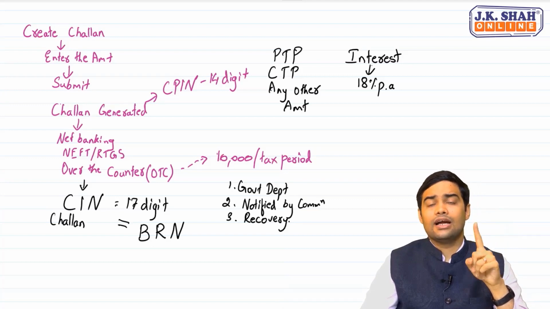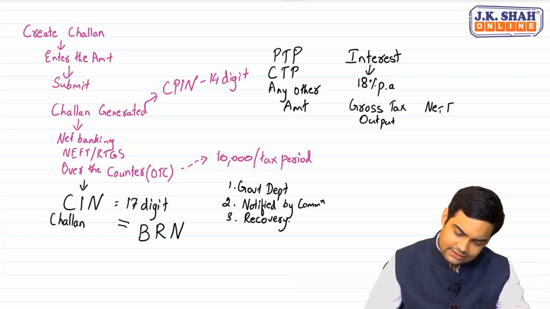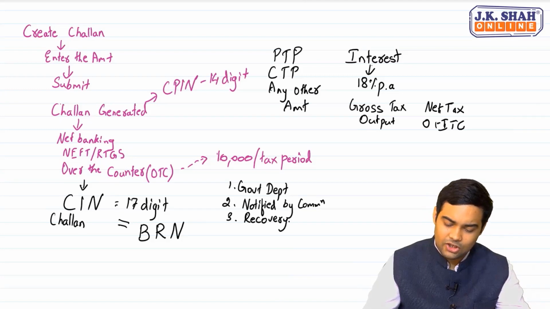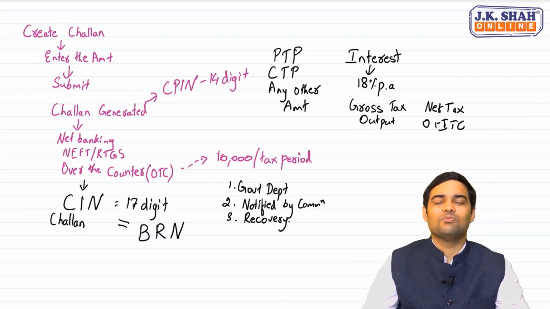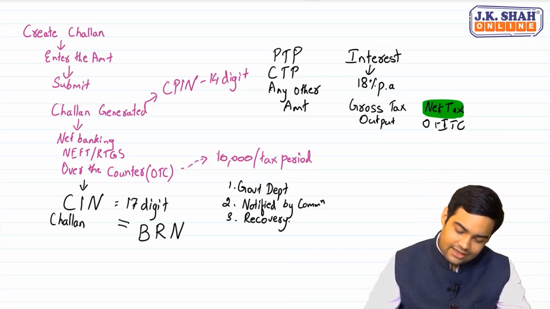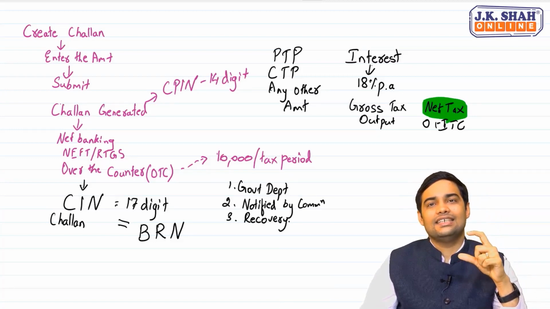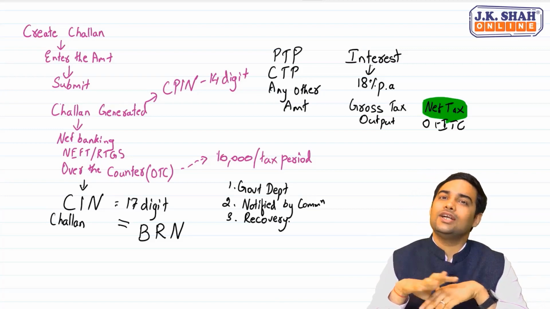But remember, one very important thing is, do you pay interest on gross tax, that is output, or do you pay it on net tax, that is tax payable after adjusting output? So, CBIC had clarified earlier that it has to be gross tax. It created a lot of issues. And finally, the law was amended saying that it would apply only on the net tax payable. That means if output is 1 lakh, ITC is 80,000, then interest will apply only on 20,000.